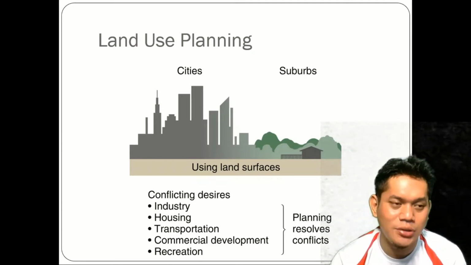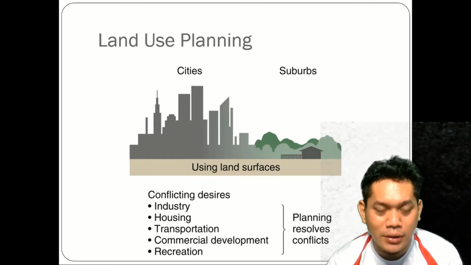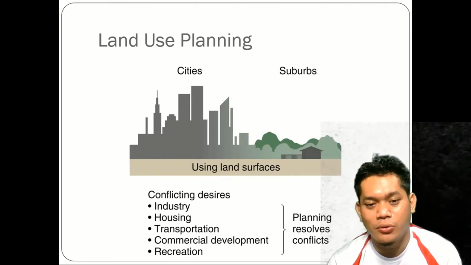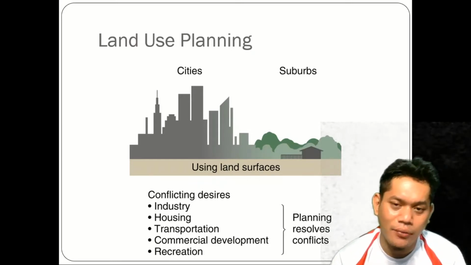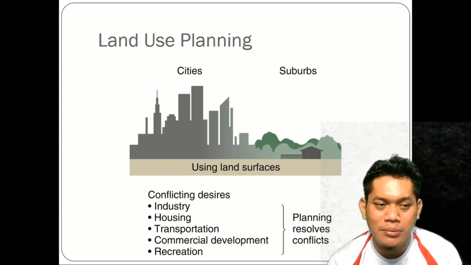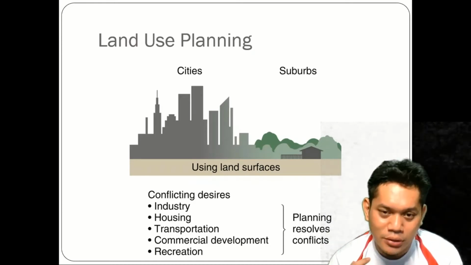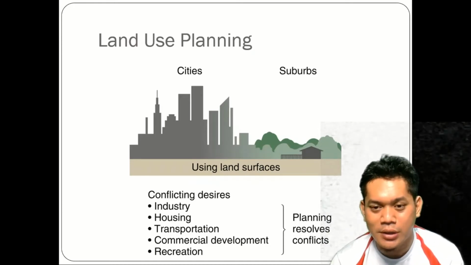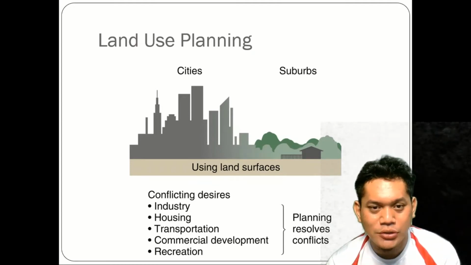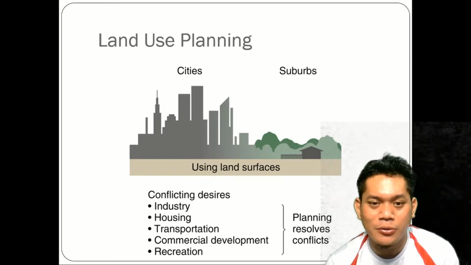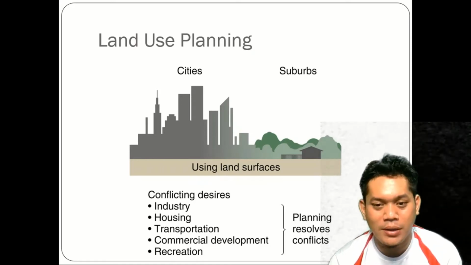We want the proper housing for our comfort, for our luxury. We want to have the transportation system, we want to have commercial areas, we want to have recreations. However, due to the limitations of the availability of the land, the conflicts become worse and worse on how we manage the development and how we try to retain the nature, and therefore the planning will help to resolve